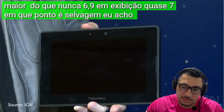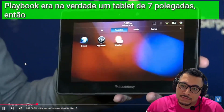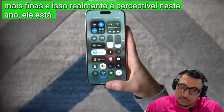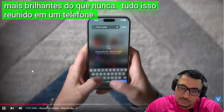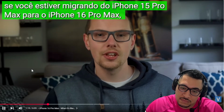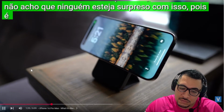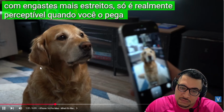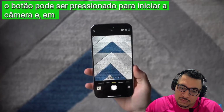A larger than ever 6.9-inch display, nearly 7 inches at which point is wild. I think my first tablet ever, the BlackBerry Playbook, was actually a 7-inch tablet, so it's wild to see us approaching that size on a phone. The bezels, of course, are thinner, and it really is noticeable this year. It goes really bright, and the new and improved titanium colors are brighter than ever before. All of this packaged into a phone that's just 227 grams. If you're moving from the iPhone 15 Pro Max to the iPhone 16 Pro Max, this feels pretty much like last year's phone. I don't think anybody's surprised by that. It's relatively the same size phone, just with narrower bezels. It's really only noticeable when you pick it up and then accidentally open the camera with that new camera control button on the side. The button can press to launch the camera and then light press to bring up all of your camera